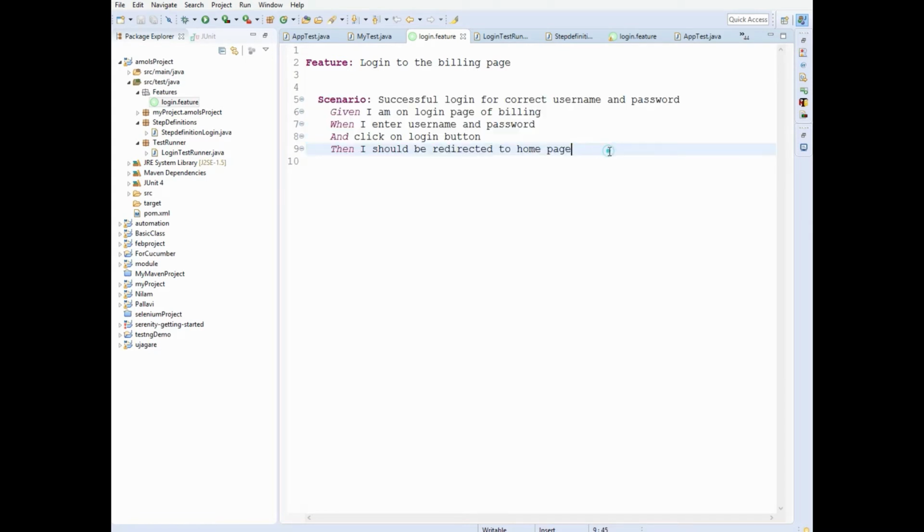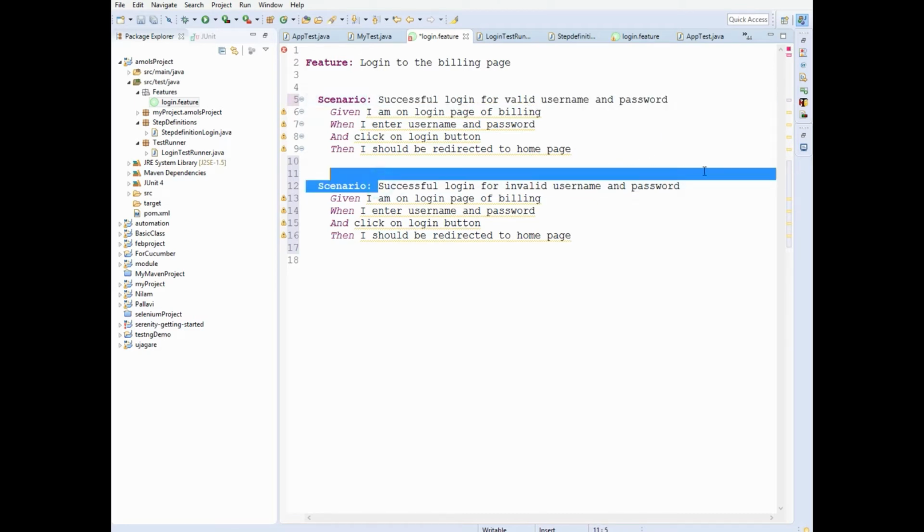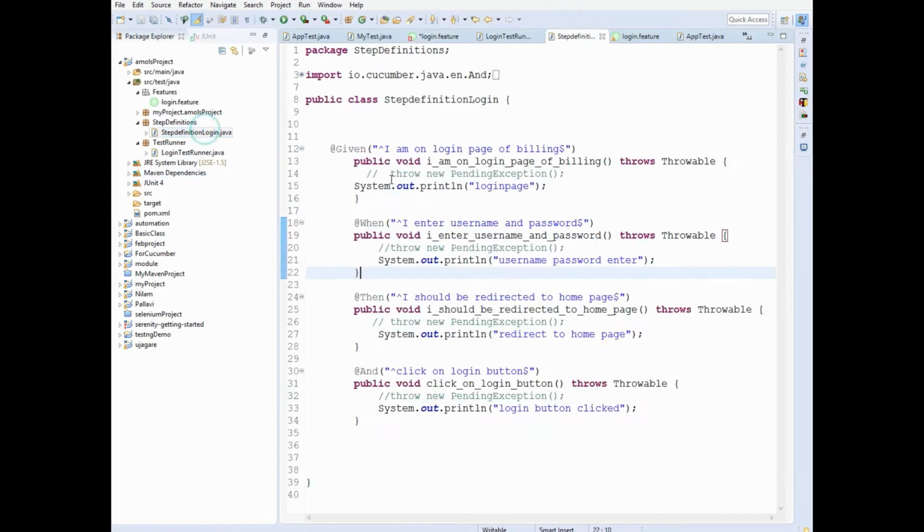You copy the same scenario. Let's say this scenario is for successful login for valid username and password, and this is for a successful login for invalid username and password. Your scenarios should not be same, right? This should be different, this should be different, right? So now the step definitions for every line are coded here.